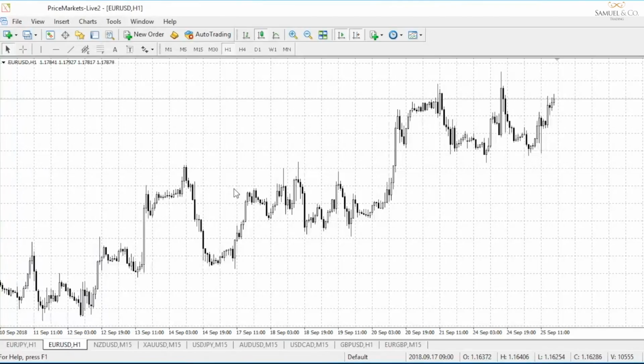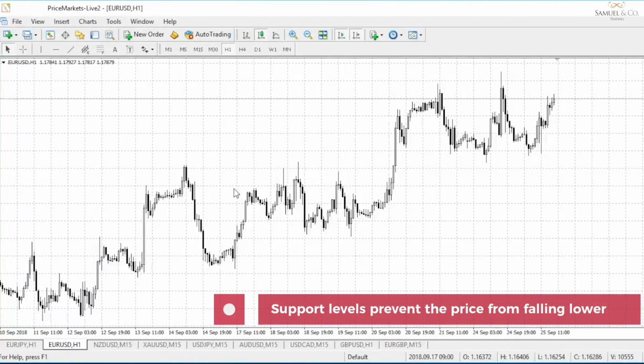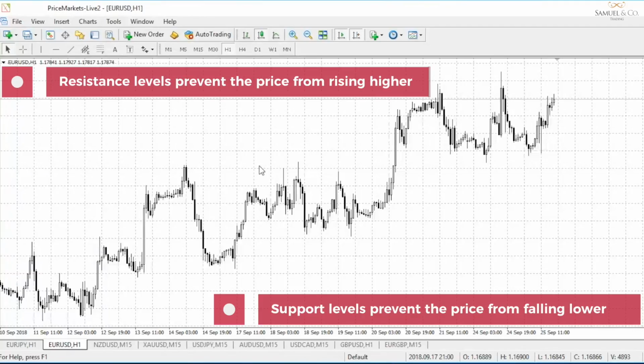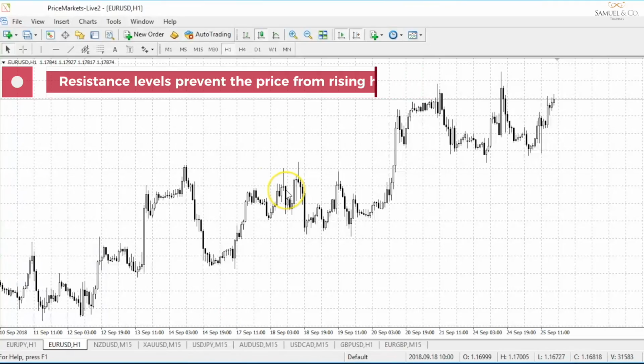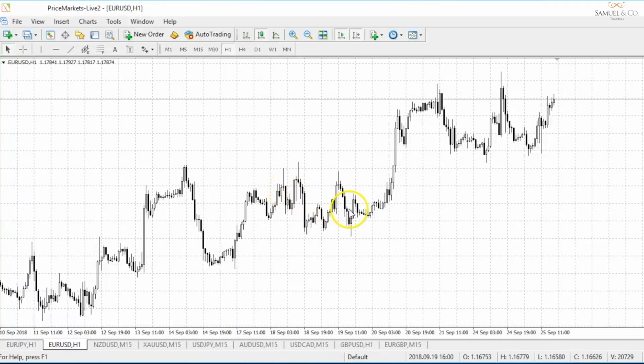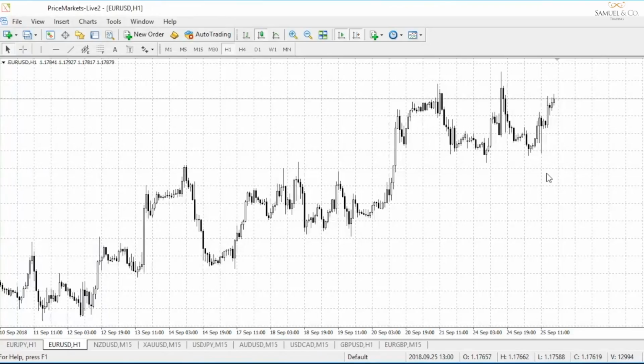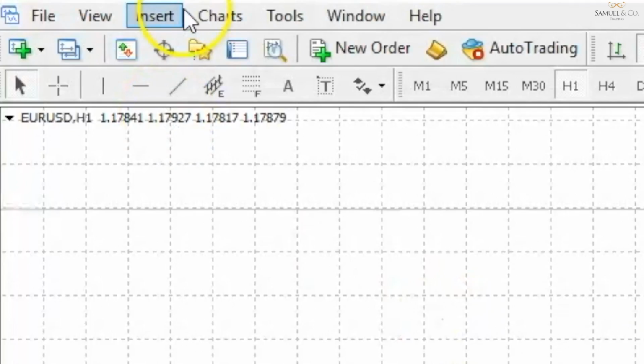entries and exits. Support levels are where demand is perceived to be strong enough to prevent the price from further falling, whilst resistance levels are prices where selling is thought to be strong enough to prevent prices from rising higher. Both support and resistance levels are psychologically important levels where a lot of buyers and sellers are willing to trade. They tend to be held at whole numbers, and it's something that we want to keep an eye on as much as possible. When these lines are broken, the market psychology shifts and new levels of support and resistance are